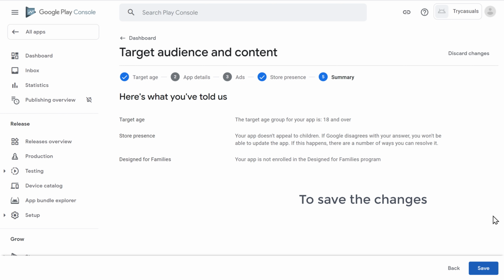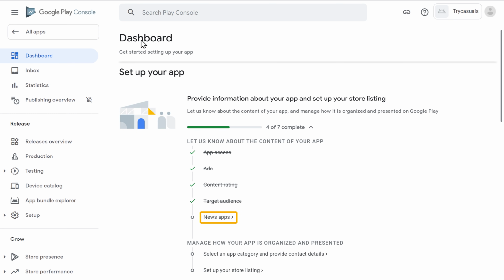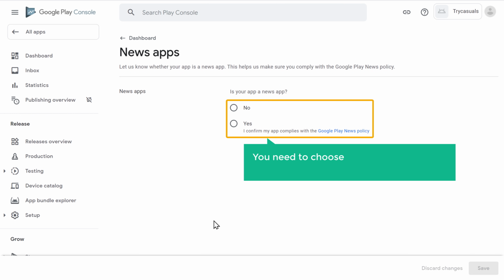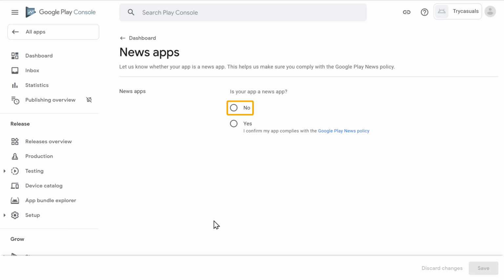Now to save the changes, click Save. Next, let's go back and go to News app. Here you need to choose whether your app is a news app or not. I'm going to choose No. Now click Save and then go back.